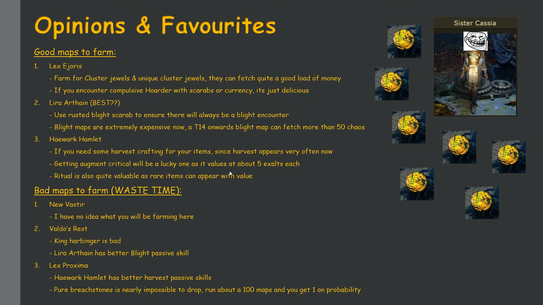You can actually sell this on the Discord chat for a minimum of about 5 exalts. It's around that price now. Even some desperate people might offer 7 to 8 exalts, depending on how desperate they are and how lucky you are. So yeah, the additional thing will be the ritual, which is quite valuable, as rare items can just